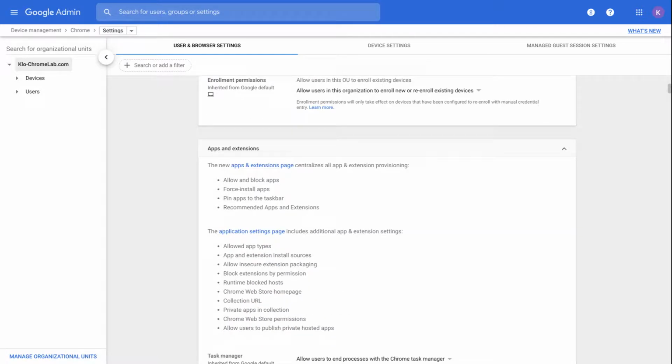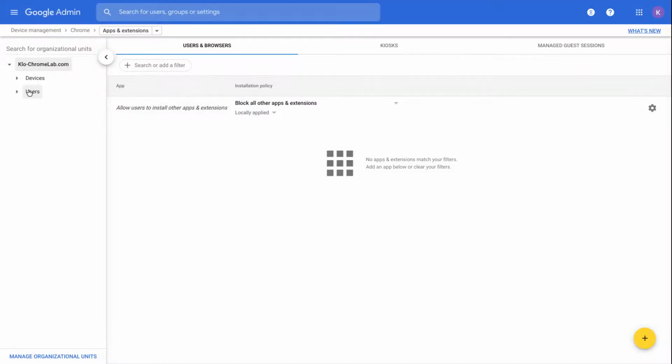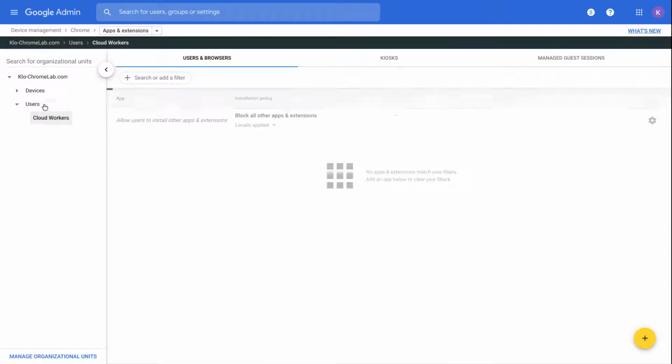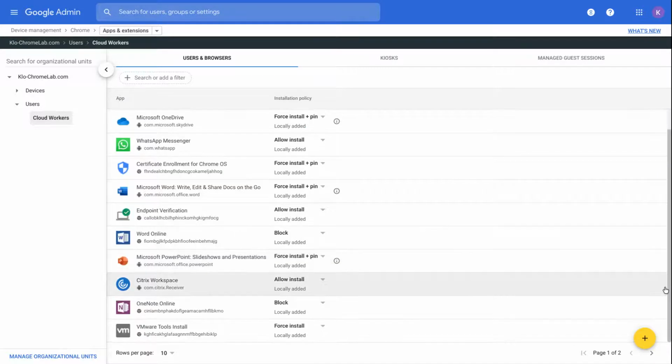About apps and extensions. From here, basically you have two different submenus. The first is the apps and extensions page. So if I take my example, you can add applications and extensions with different stores available: the Chrome Web Store, Google Play Store, Chrome apps or extensions by ID directly, or add directly a URL.